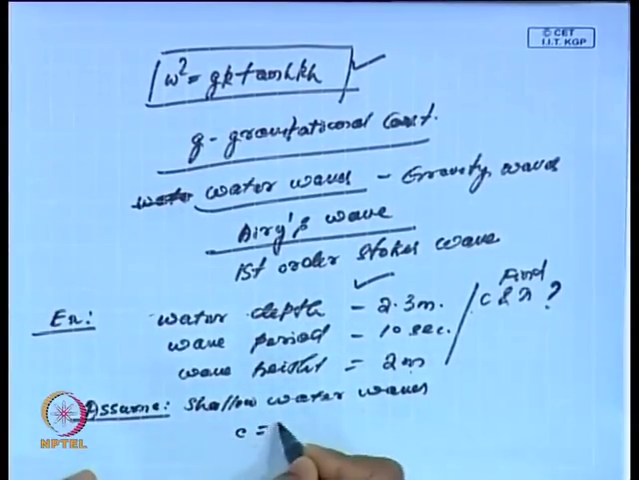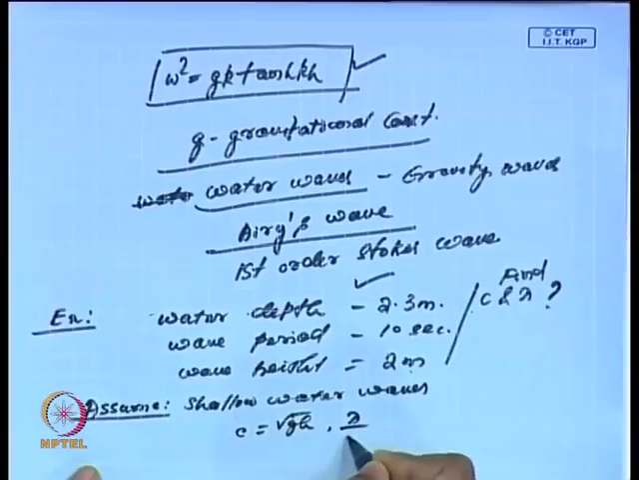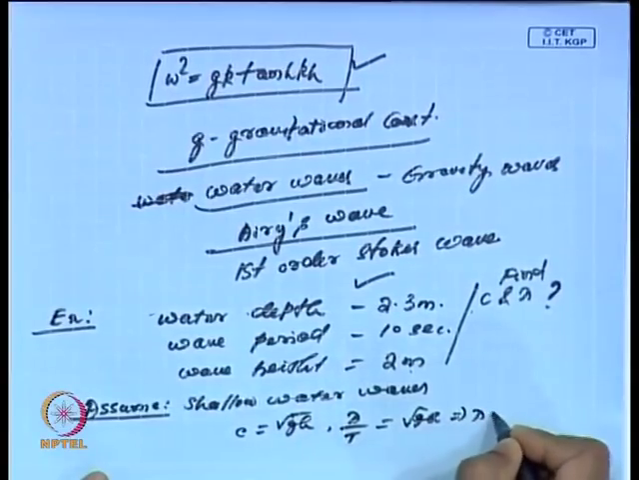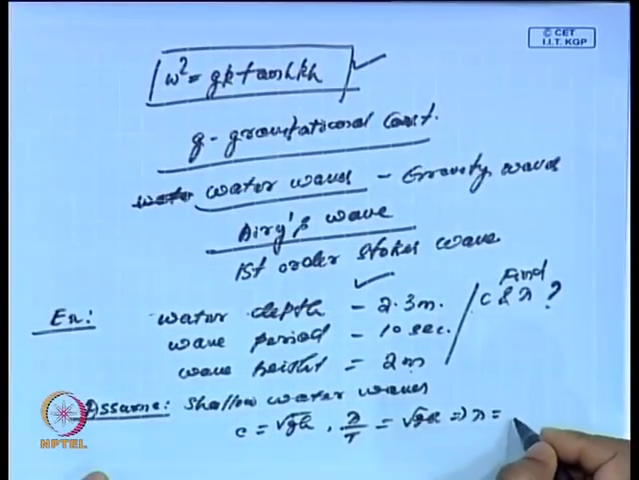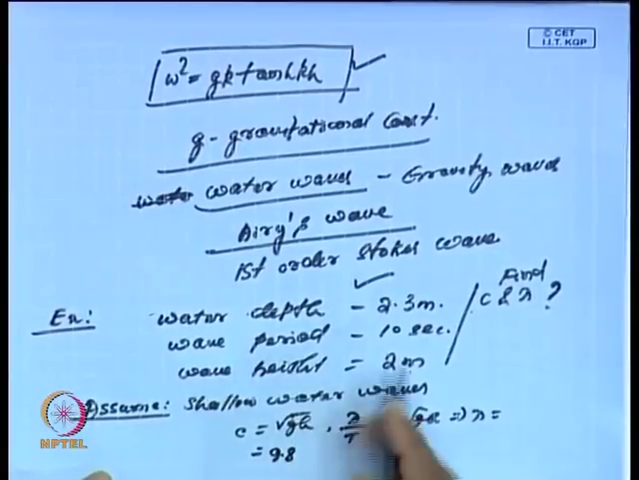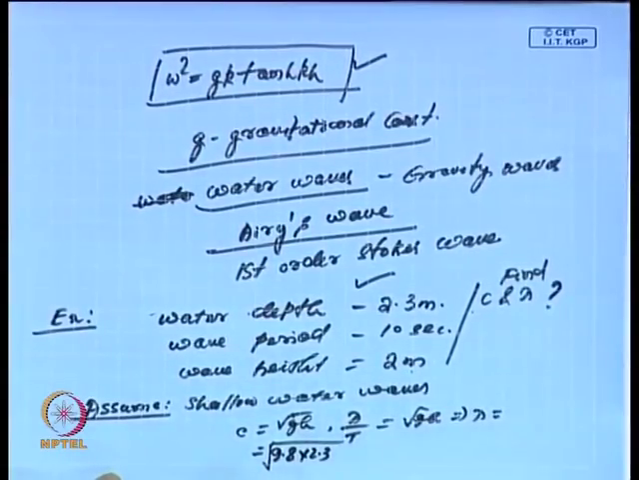My c will be root g h, as I have talked about. c is nothing but lambda by T, which is root g h, which implies lambda is equal to... So, what will be my c? c is root of g h, g is 9.8, into h, h is 2.3, and this gives me 4.75